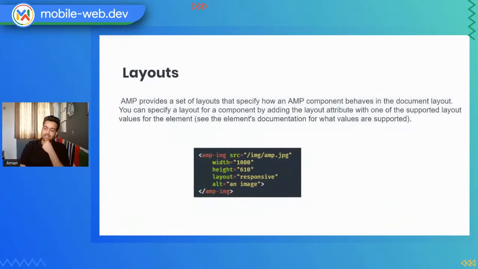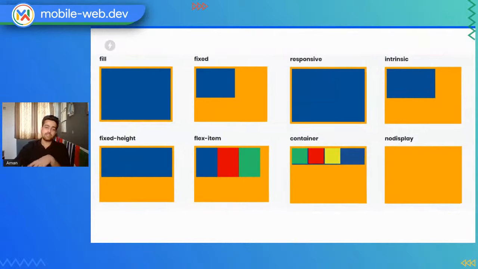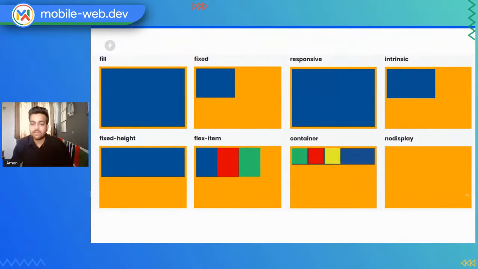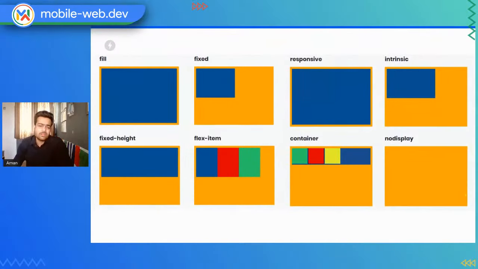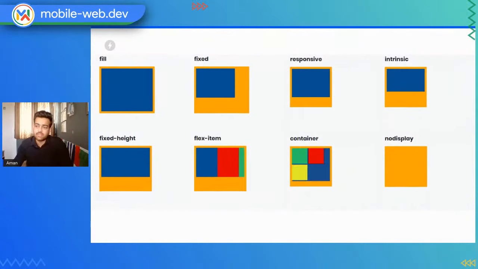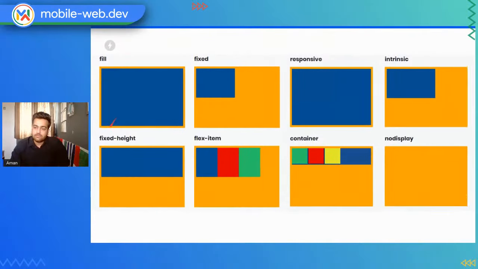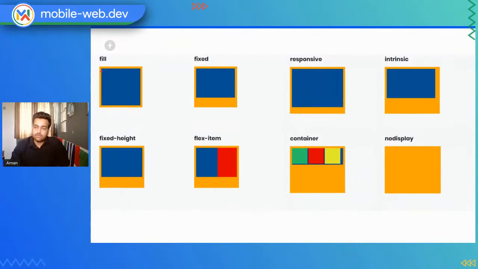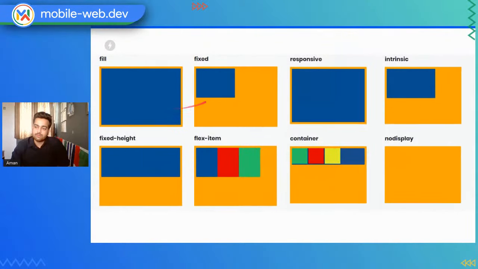Then you have different layouts that we were also discussing in the AMP story, which are responsive, no display, things like that. So this is an animation which easily explains what the different attributes are and how they actually behave. The first one is the fill attribute. What does the fill attribute do? It actually fills your whole component across the width of the screen. You can see in this animation pretty clearly. If yellow is your screen size and blue is your div which you have applied fill for, then it will automatically change the size according to the screen.